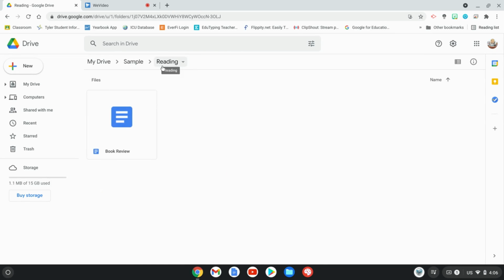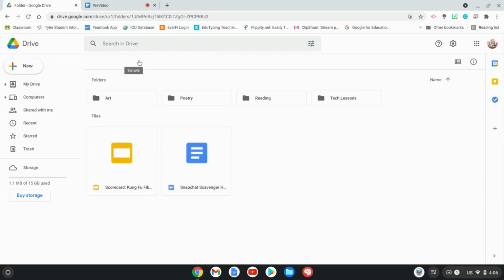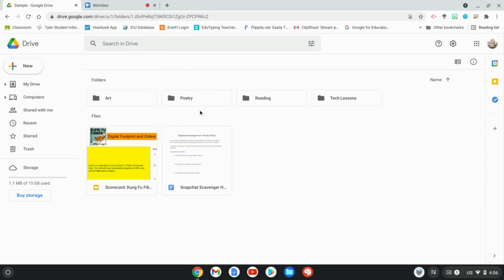of the Reading folder. Up here at the top, you can see these are breadcrumbs. And this is the Reading folder. We have the book review inside of it, and the Reading folder is inside of the Sample folder. I created the Sample folder for the purpose of this video. That's inside of my Drive. But if I went to my Drive, you'd see all my personal files, so we don't need to go there. But if we go back to the Sample folder, you can see all of the things that are back out